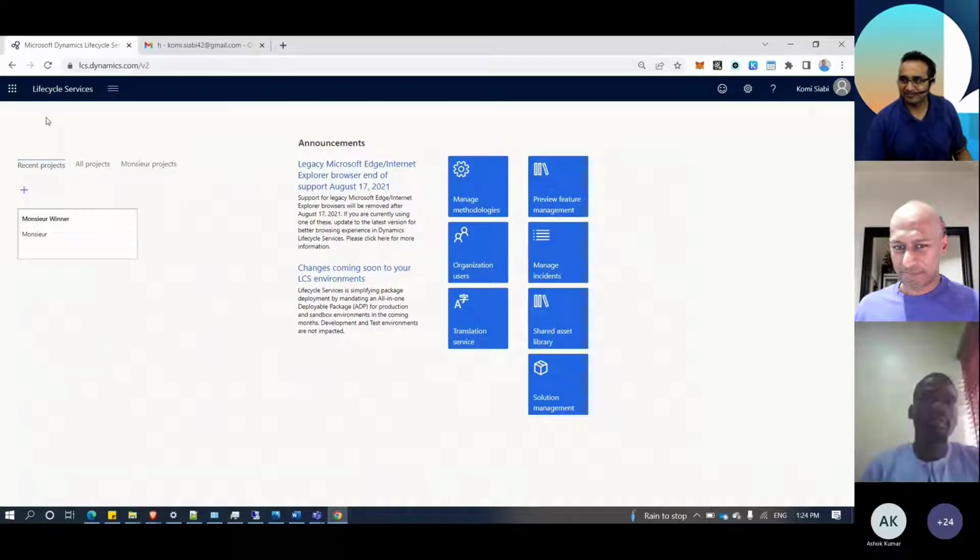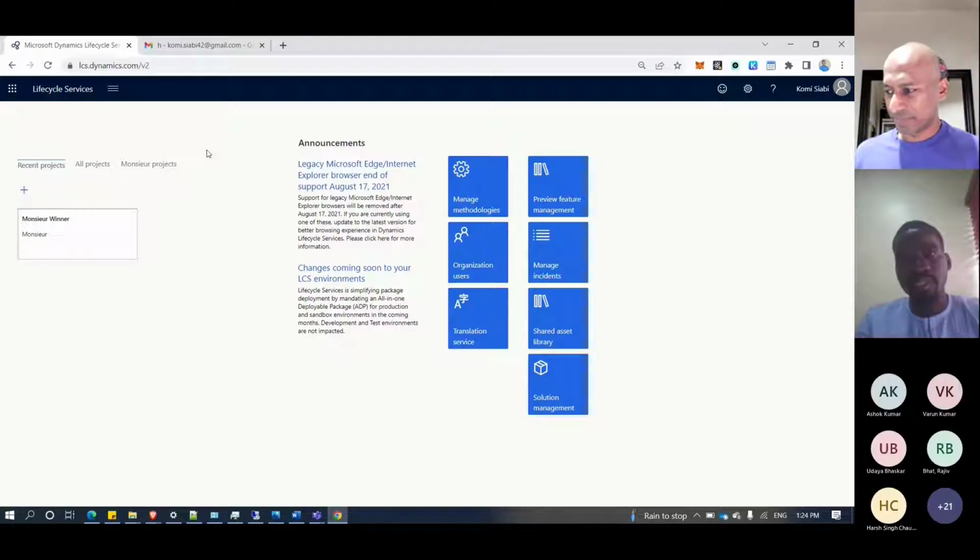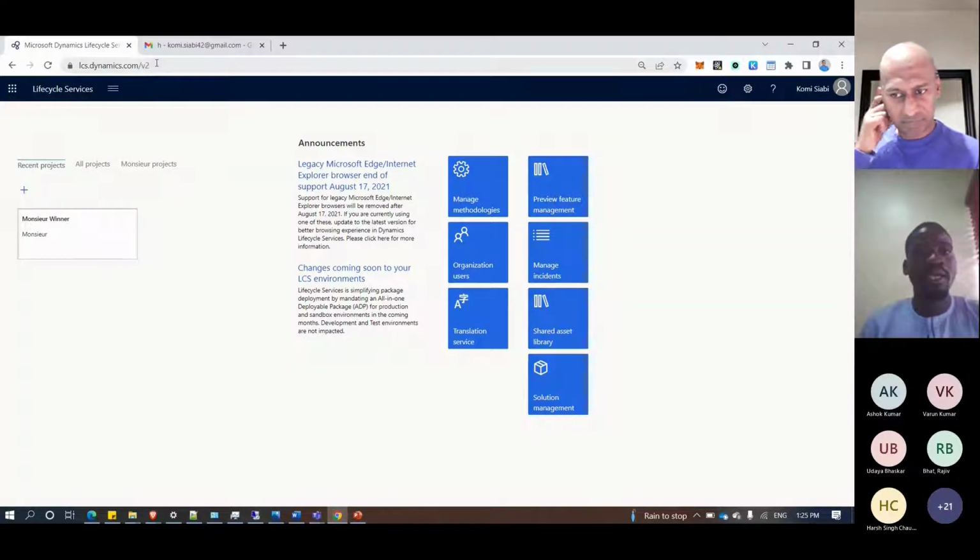All right, good. So as part of the first thing we have to discuss, we have the LCS. The LCS is actually the starting point whenever we're trying to implement the Dynamics 365 finance and operation application. So the very first thing we do is we demo the system to the client, and when they are okay with it, we purchase a license for the implementation. Now, when that is done, we can access our LCS project by going to